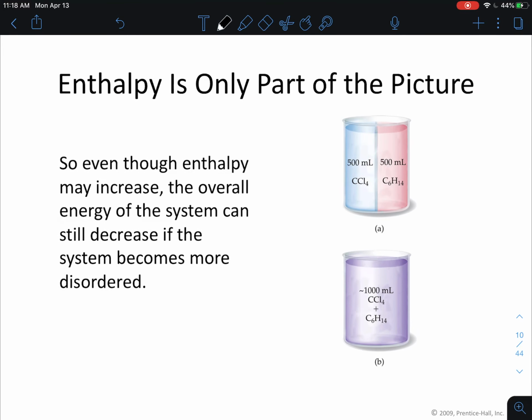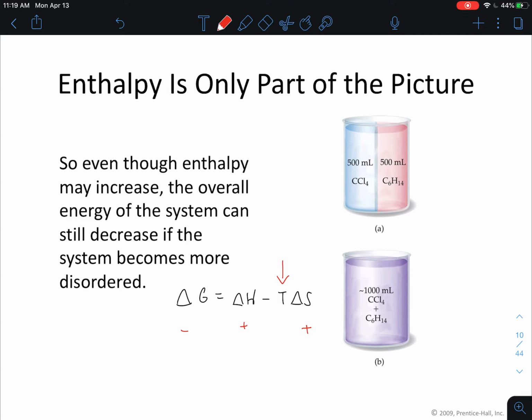Okay, so this kind of says the same thing. Even though enthalpy may increase, the overall energy, so there it's talking about the Gibbs free energy of the system, can still decrease if the system becomes more disordered. So even if delta H is positive and delta S is positive, we'll still be able to get a case where delta G could be negative. And so that's where you can start to think about the temperature component of dissolving as well,